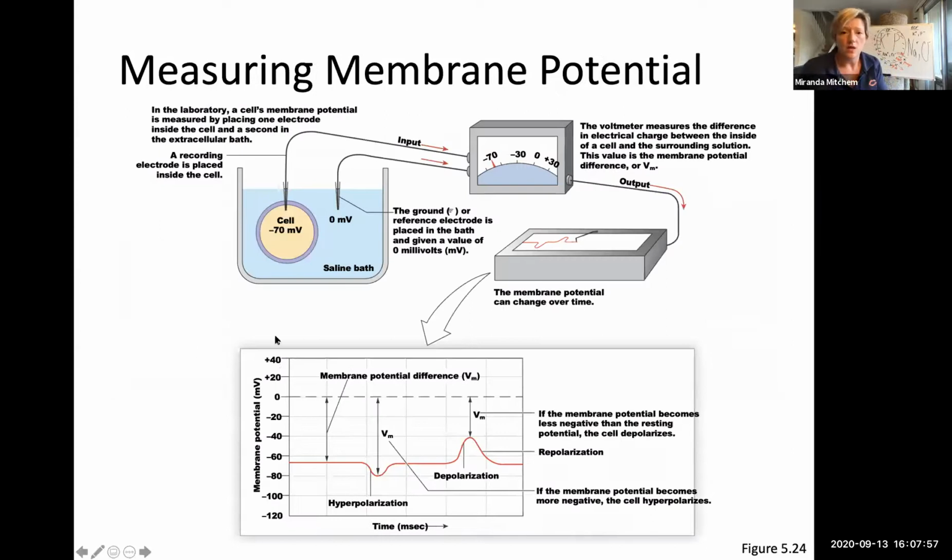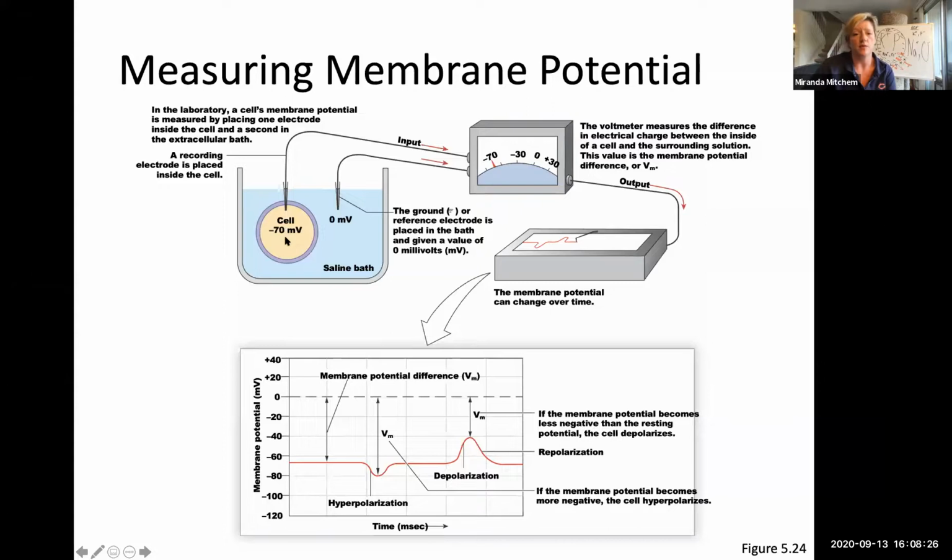All right, so this is what we actually do in lab, and we'll simulate it this semester since we're not in the classroom, but this is how we can plot changes in resting membrane potential. So the basic setup is we have a cell and it is in a saline bath, to simulate the extracellular environment. There, the inside is negative, and